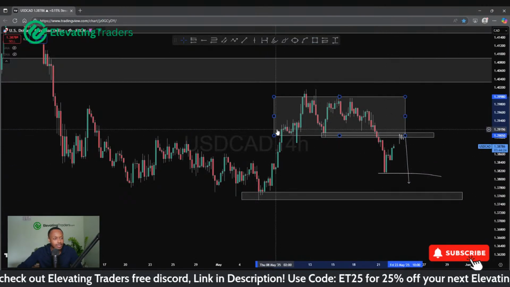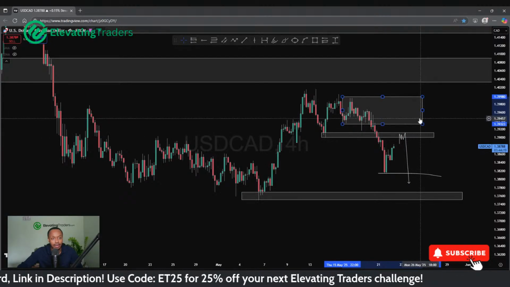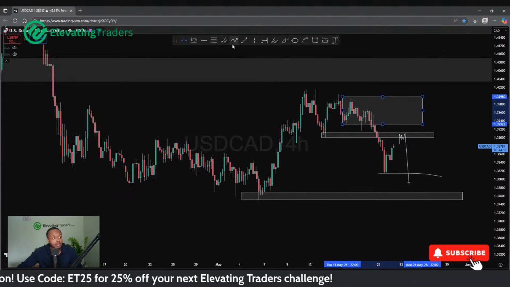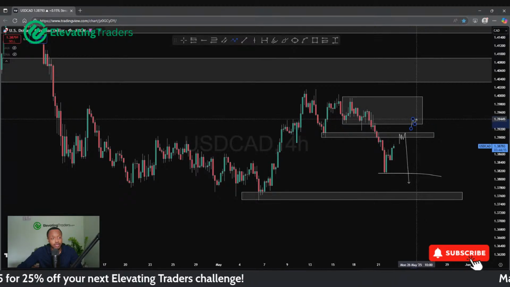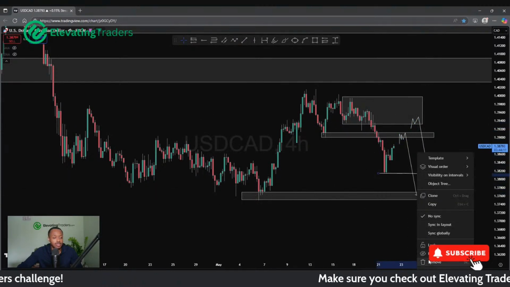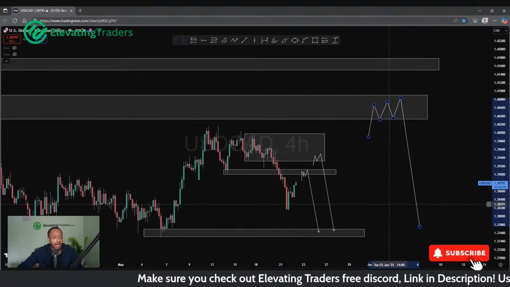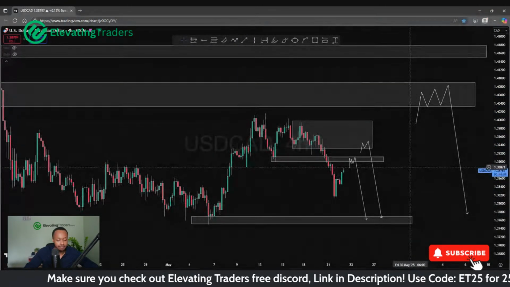We might push a little bit deeper. There is this zone here we might tap into as well, so I'll keep an eye on 1.394. But in terms of direction for dollar CAD, I do think we just roll over here back into lows. Of course, I'll still keep an eye on these areas, but at the moment, not looking the most likely.